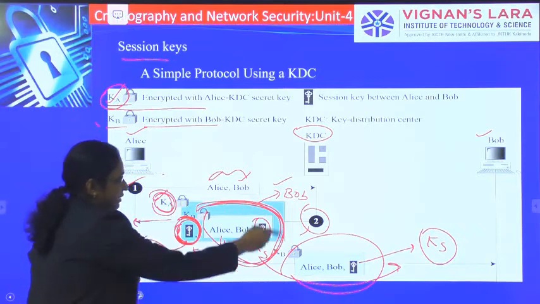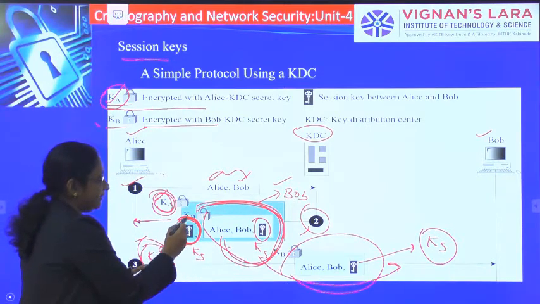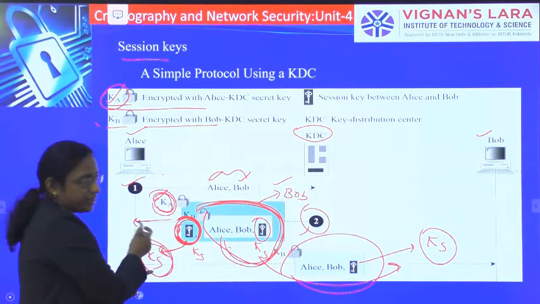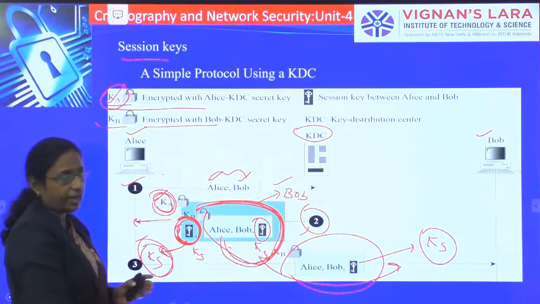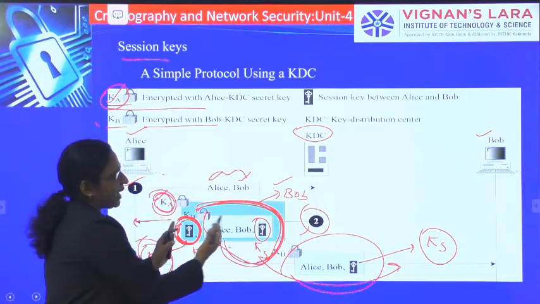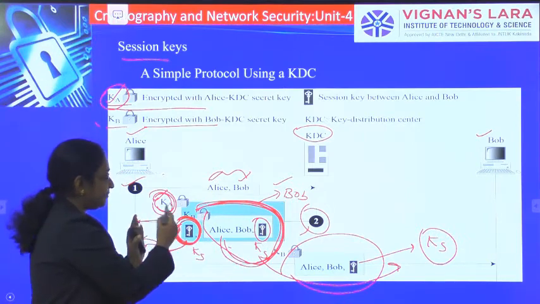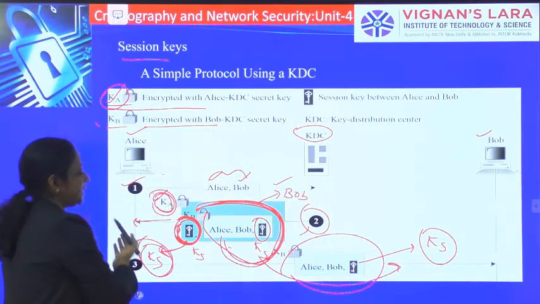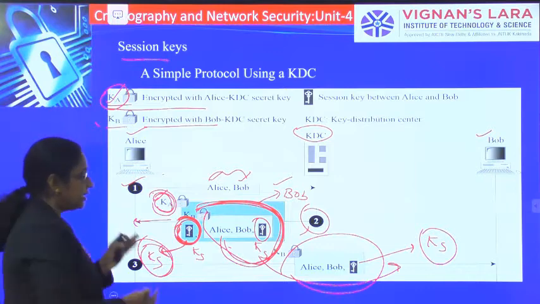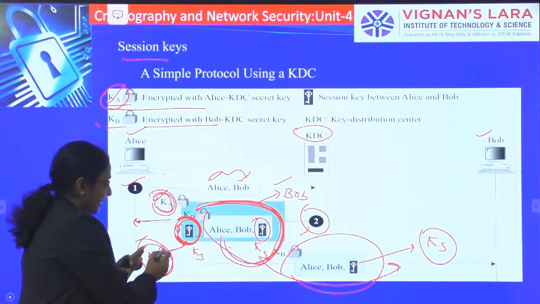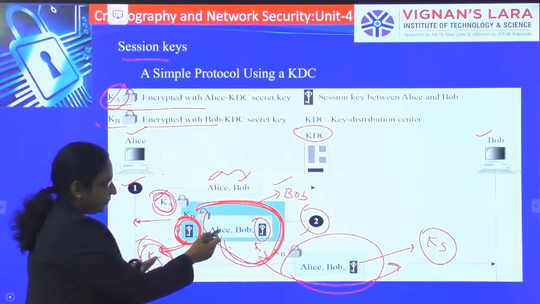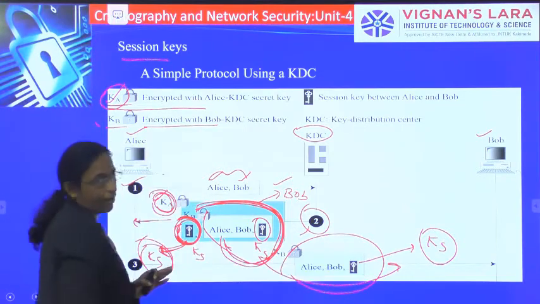In this message we have one key for Alice, and this entire other part is for Bob. The KDC combines those two things, encrypts them with the key KA and sends it to Alice. Alice decrypts it, takes her session key, and the remaining part she sends to Bob.